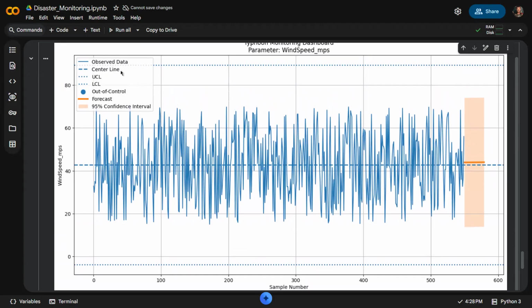The control chart involves the actual observed data, the data that our IoT system has measured or collected. We have the center line, our mean, which is the average of all these samples, from 0 to around 550. The next 50 are forecast data, generated based on these 550 samples.